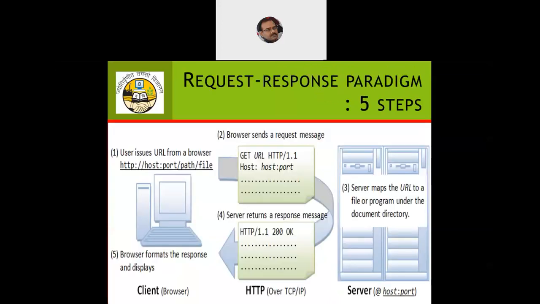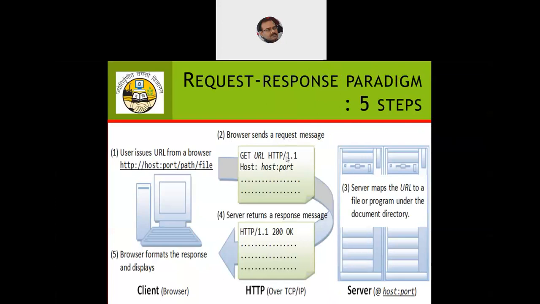Now let's see this diagram. It's a very important diagram that lays the basic fundamentals of the request-response paradigm in 5 steps. If you look at the first step, the user issues a URL from the browser. So we always type the name of the URL into the address bar of the web browser. Similarly here it is HTTP, host, port, path, file. So the URL is generated and flows over the web, and as we can see in the second point, the browser sends a request